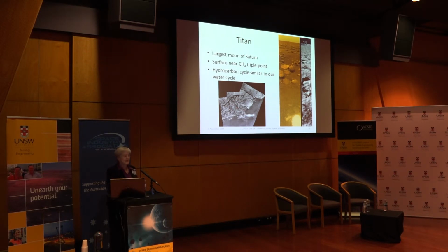system. On the right, we've got an image, the orange image is from the Huygens lander on Titan, and it's shown at the same scale as the image on the right from the moon. So we can see we've got some actual cobbles here, good-sized cobbles, maybe a few small boulders in the distance, in addition to some fines. Maybe not as fine as what we see on the moon. But this is the stuff we're going to have to deal with if we're going to be dealing with solid